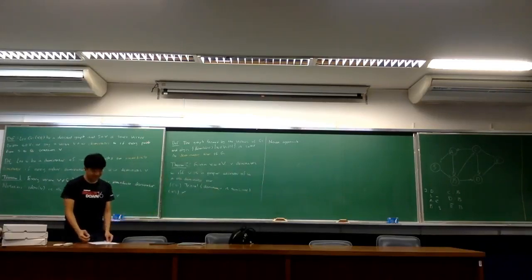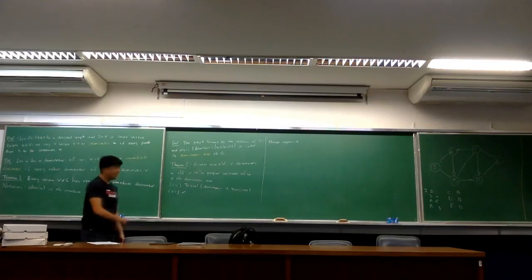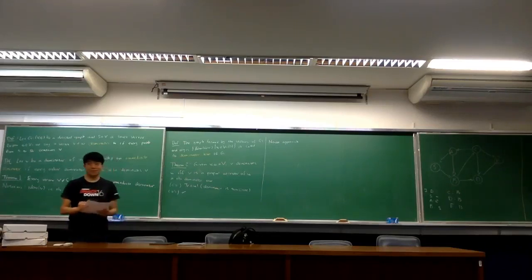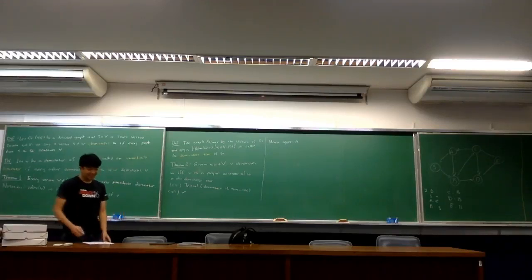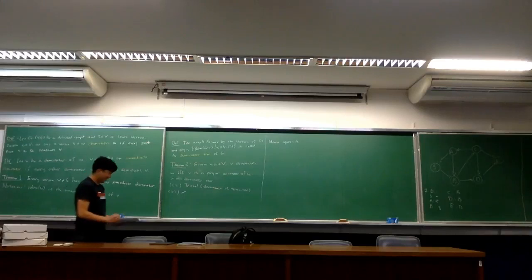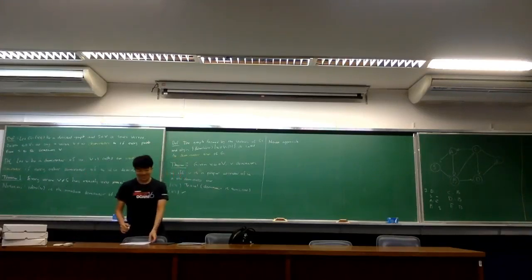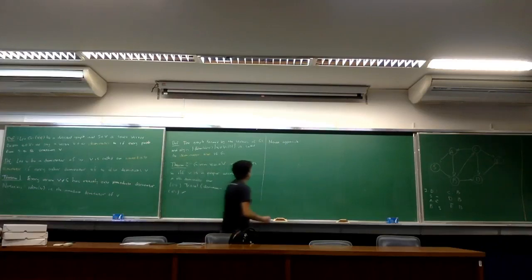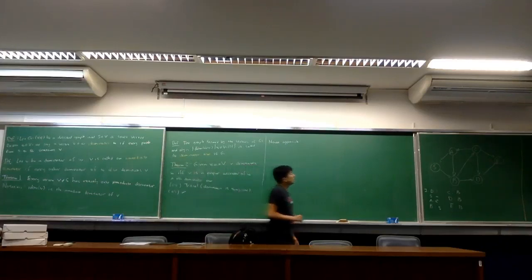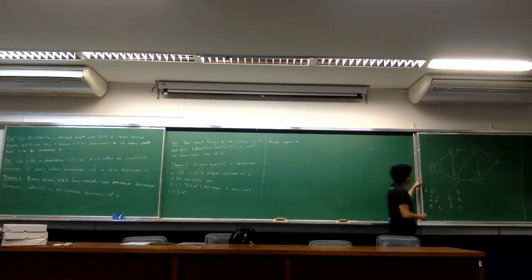And in order to do better than that, I need some extra tools. By tools, I mean more theorems, lemmas, definitions, notation, and so on. The first thing I need to do is define some numbers for each vertex, and these numbers will be the pre-order index of any DFS performed from the root, from the source vertex.